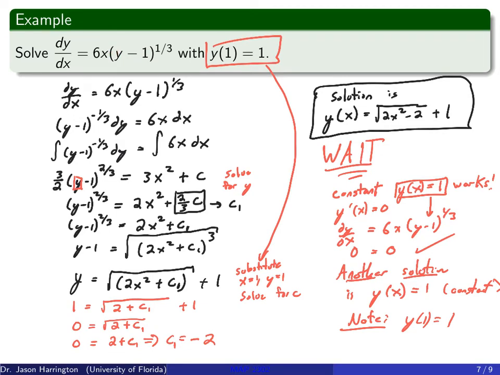And we get that because if you look at this step, we divided by y minus 1. And anytime you divide by a variable, you're sometimes going to lose an answer, right? And so that's kind of how I knew in the back of my head that I could potentially be losing an answer. But if you were to just work the problem blindly, you would think that there's only one solution for this, and that's what we got here, when in reality there's another one. So in the future, when we start talking about testing existence and uniqueness, this is the example where it's very important to do so.